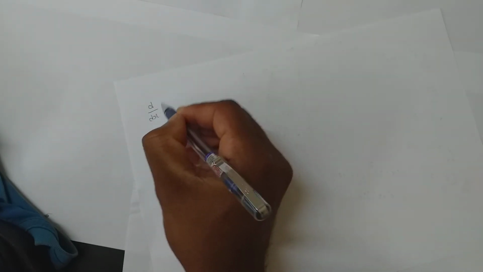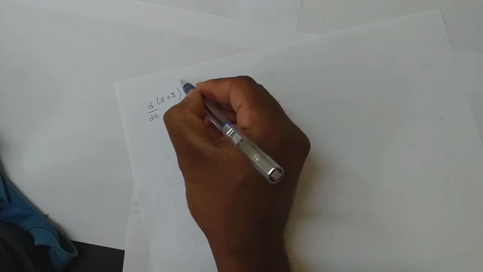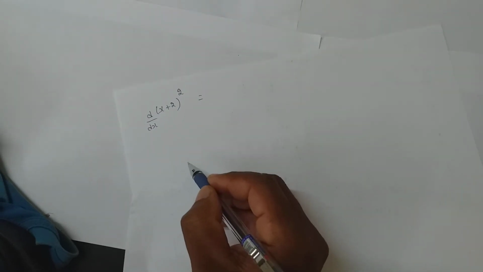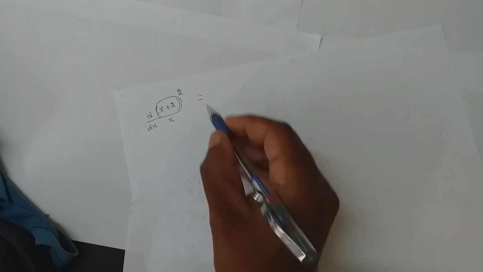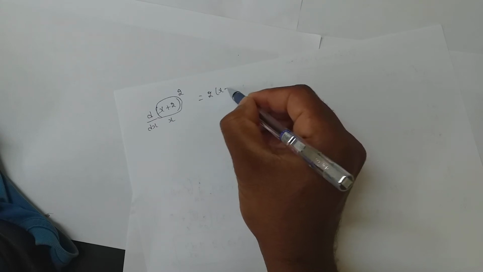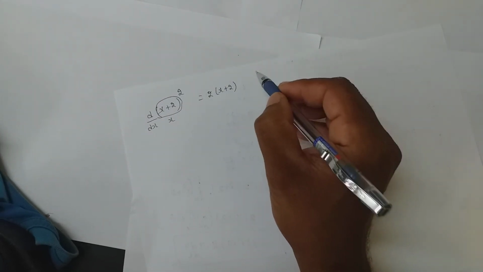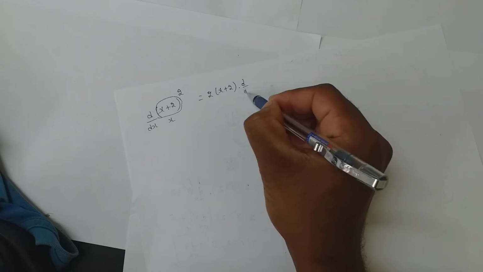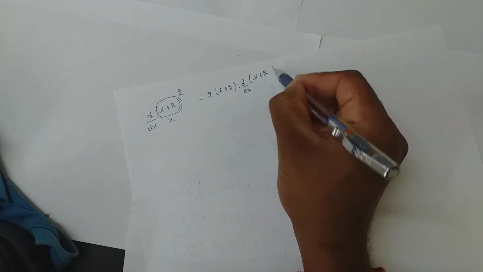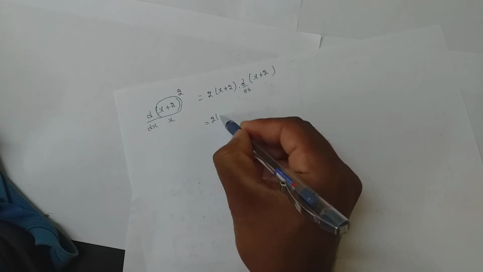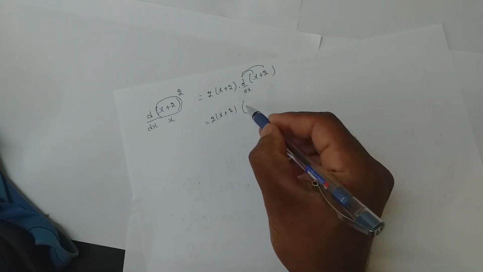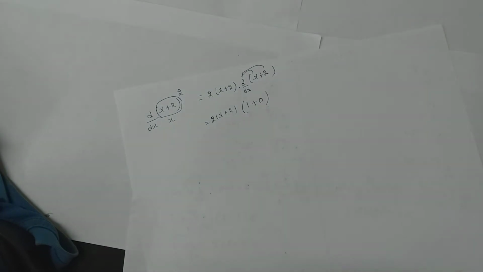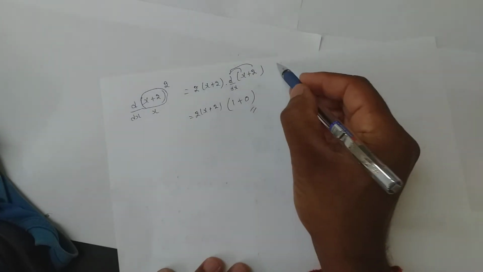If it is d by dx on x plus 2 whole square, what do you get? You assume it to be x. So x square differentiation is 2x. So it is 2 into x plus 2. In place of x, something you assumed, that should be written at last over here. So which will become 2 times of x plus 2 into this gets applied on this and also on this. dx by dx is 1, on 2 if you apply it is 0. So this is the answer. I want you to understand this difference.